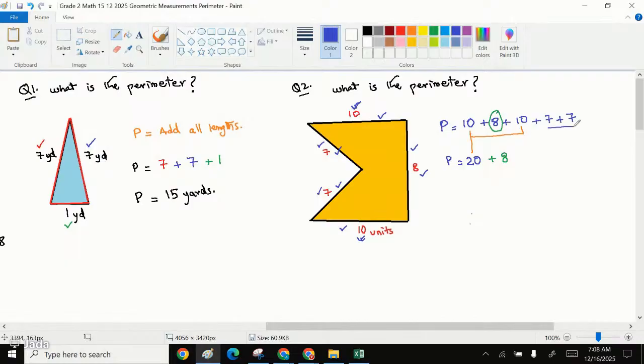And what is 7 plus 7? That is 14, right? So now let's add the numbers together. What is 20 plus 8? Can anyone give me an answer? 20 plus 8 is 28